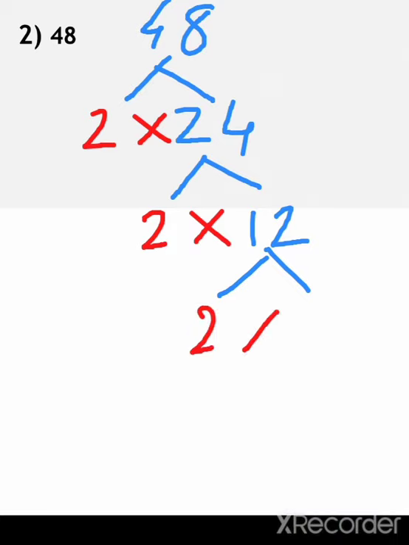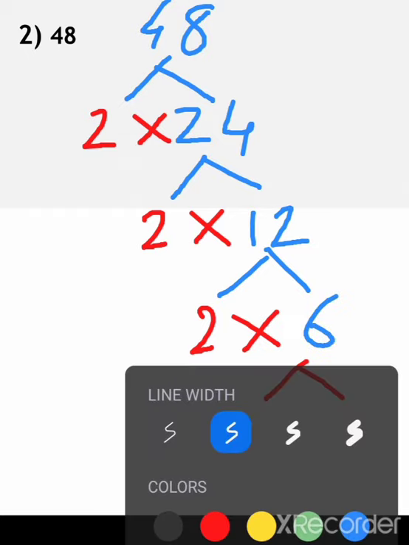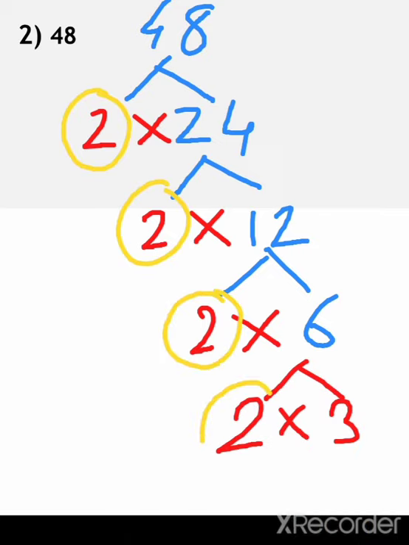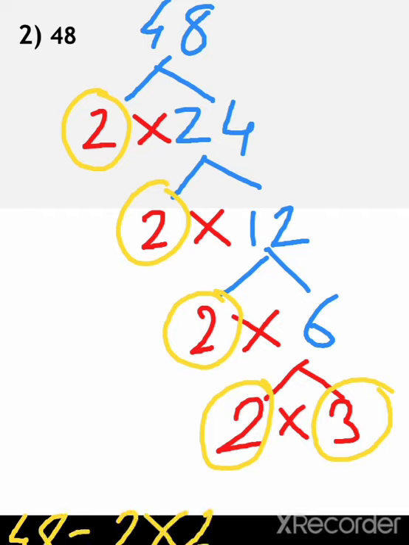Just a minute. And I'm getting 6 as the quotient. Let me write this number with blue color so it will be easy for you all to understand. Now again if I'm dividing by 2, because 6 is an even number, I'll get 2 threes are 6. So what are the prime numbers I'm getting here? 2 2 2 2 and 3. You have to circle only the prime numbers. So what is the prime factorization now? Write all the numbers which are circled. 2 2 2 2 into 3. 4 times 2, 1 time 3.